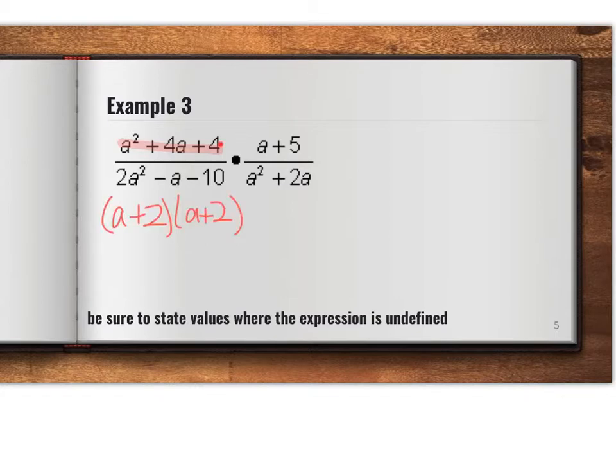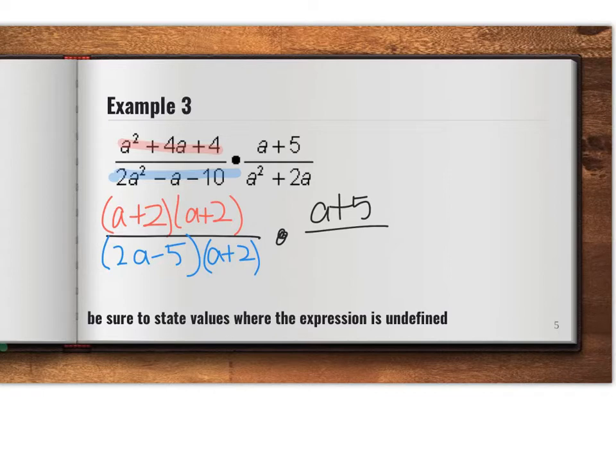So when I factored a squared plus 4a plus 4, I got a plus 2 squared. So there's actually two of them, a plus 2 times a plus 2. Now I'm going to factor the bottom. Okay, so when I factored the bottom, I get 2a minus 5 times a plus 2. So the a plus 5 here is just a plus 5 here,